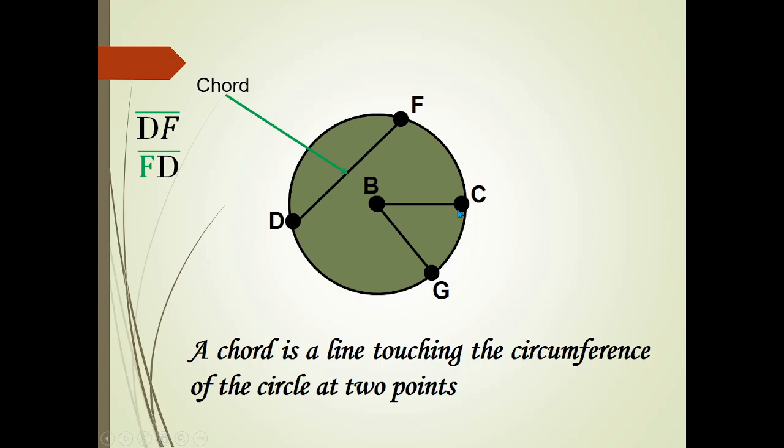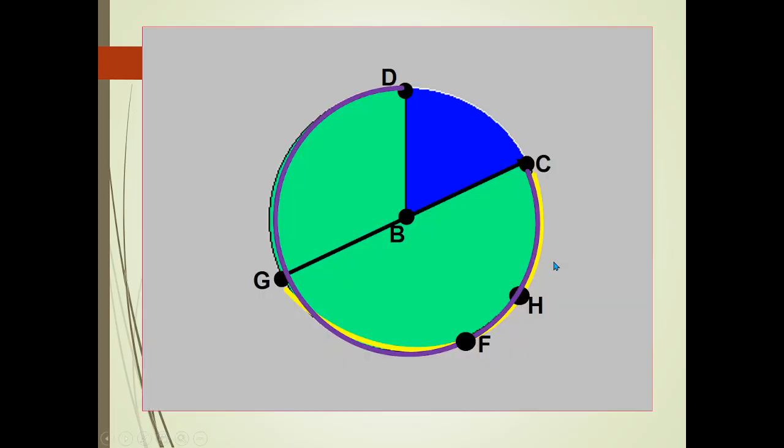Now, my question is, do you think that a diameter is also a chord? Yes, a diameter is also a chord because it touches the circumference of the circle at 2 points. But do you think that a chord is always a diameter? No, not exactly. Just like in our example here, this is just a chord and not a diameter. Next,